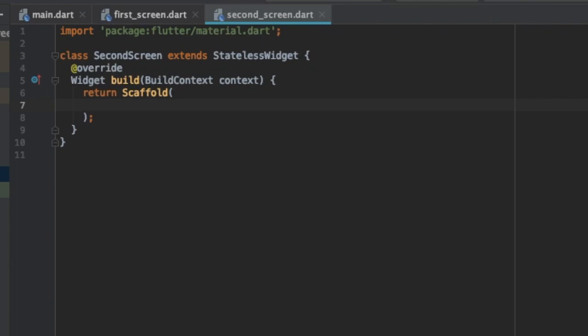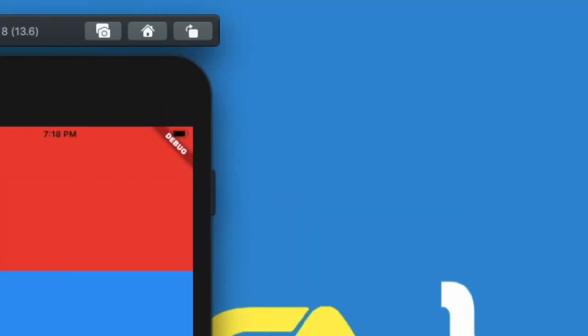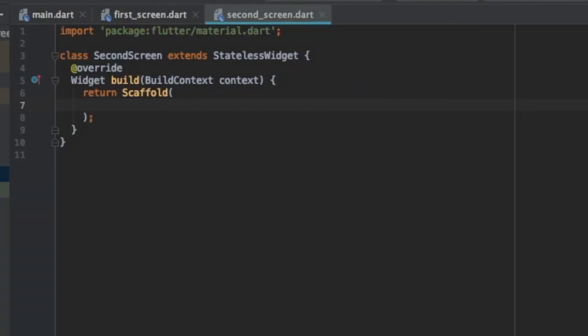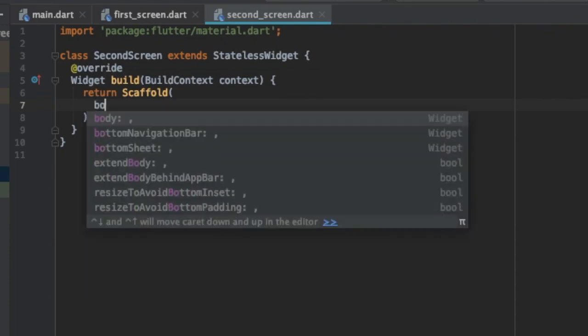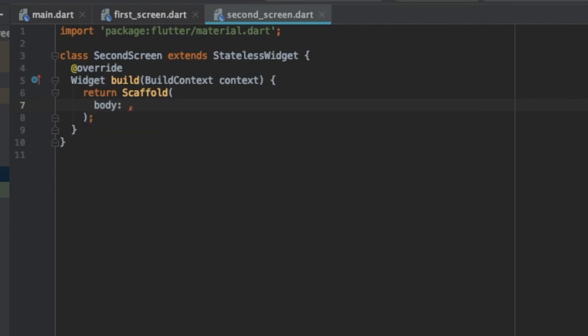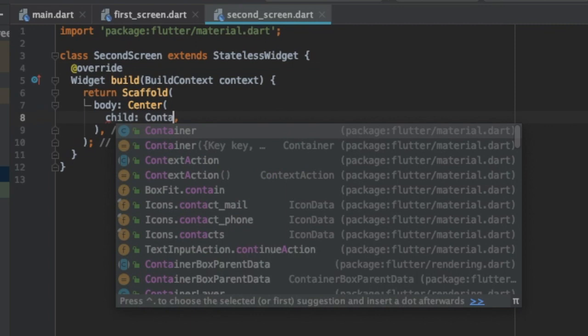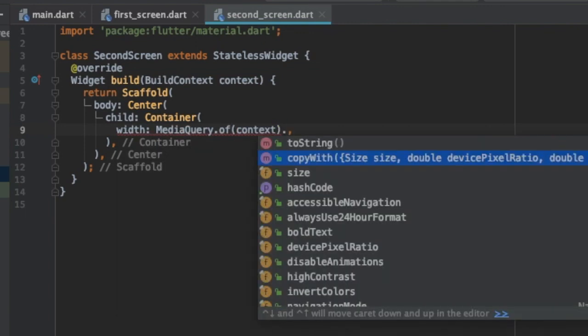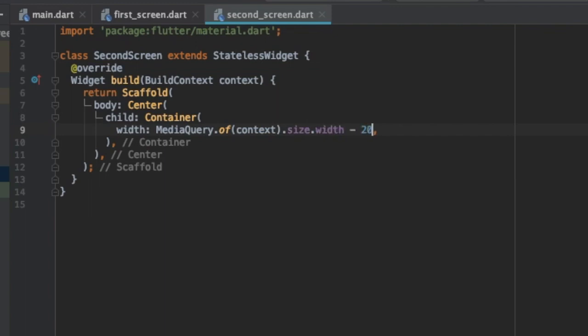Now let me show you all the mistakes I made and how long it took me to figure out why we cannot directly use the backdrop filter, which we're going to use in future. So basically, what I tried first was to normally create a body with a center with a child having a container of width equal to MediaQuery.of(context).size.width minus 20. So having a little padding, as we showed before.